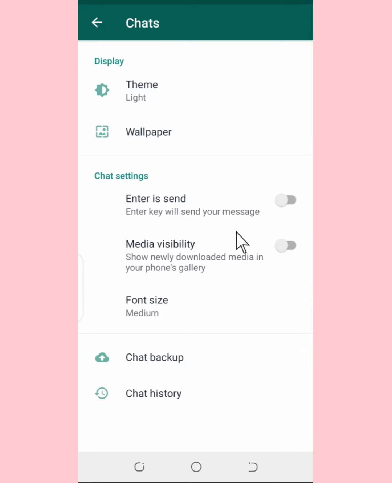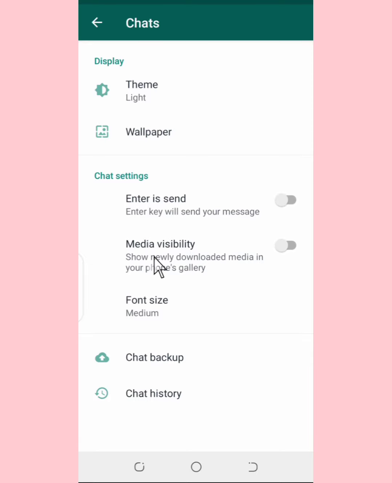Okay, if you don't want pictures or media to automatically download in your device, okay, overall, what you are going to do is to turn this off. So I turned this off because I don't want it. Okay, so with this, no media or video will be downloaded into my device. Every media, video or photo remains in the WhatsApp app. Okay, but if I want it to be downloaded automatically in my device across all my chats, what I'm going to do is to turn this on. You turn this on. Okay, but if you don't want it, you turn that off. Okay, so this is called media visibility.